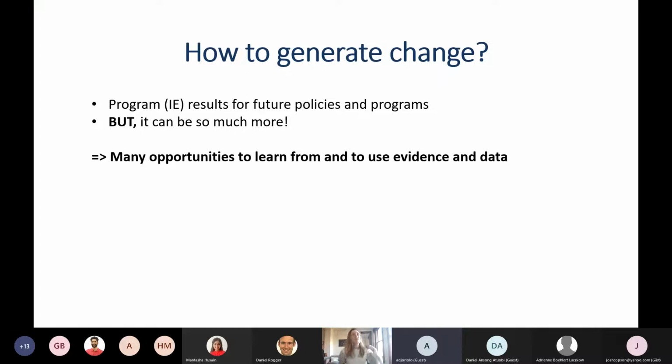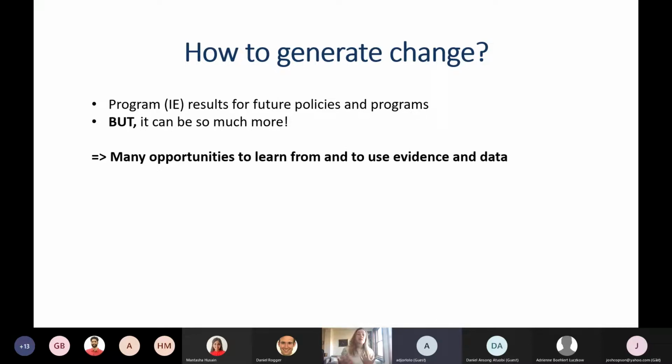We're going to try to improve civil service, for example, in Ghana or Ethiopia. And we're going to see what happens at the end of our program. What did we learn from it, right? For example, with an impact evaluation, and use these results for upcoming programs or future policies. That's what we tend to try to do, really, right? Bridge the gap between research, evidence, and what actually happens on the ground. And as we know, that's not always that evident, but it can be so much more.